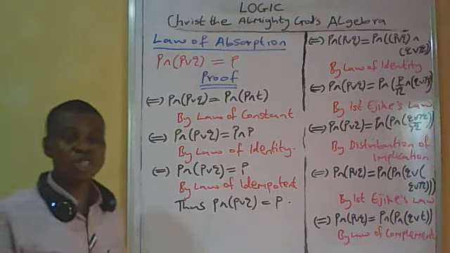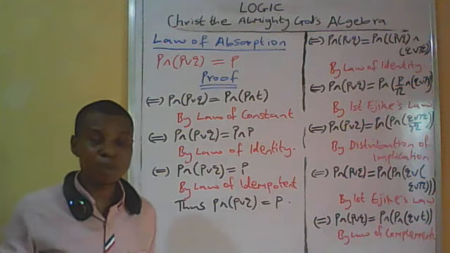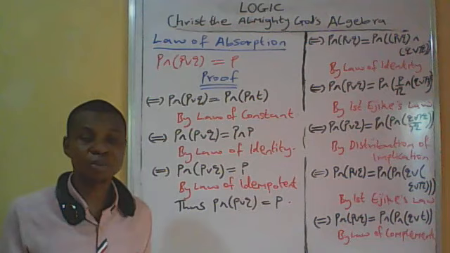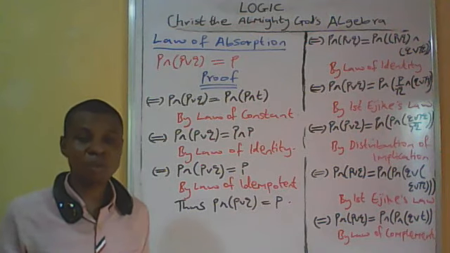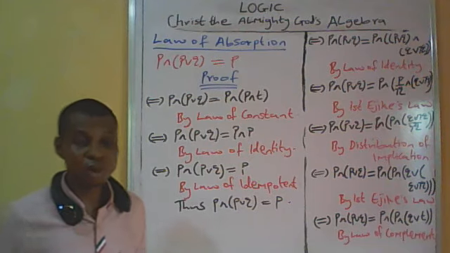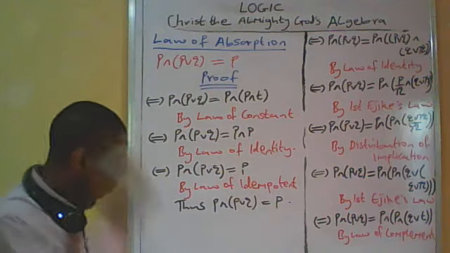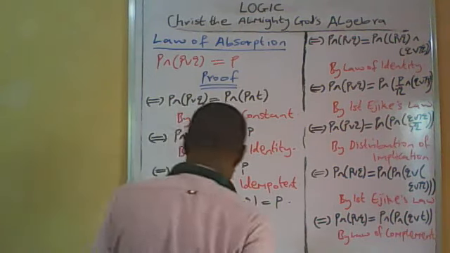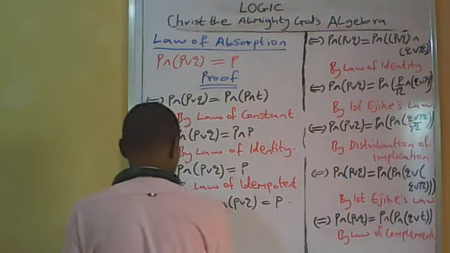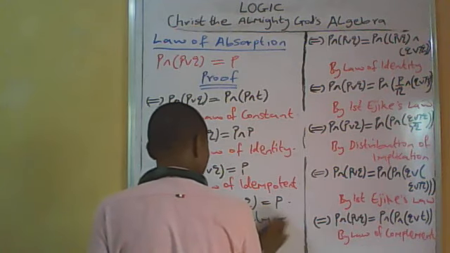So we're going to prove the converse so that we can establish by the principle of essentiality that P and bracket P or Q is equal to P. This is the law of absorption by conjunctive statement. So let us prove the converse. Conversely,